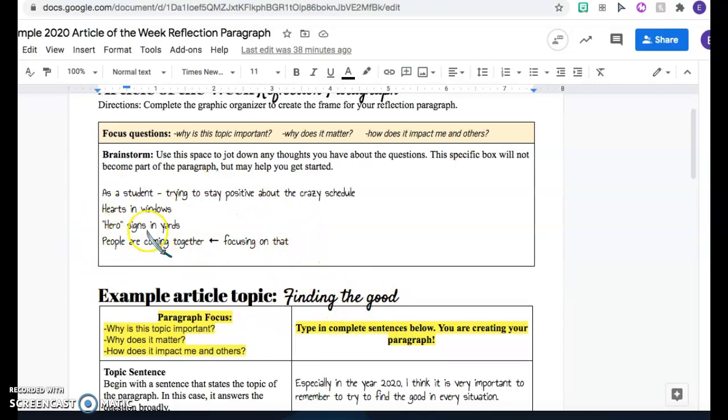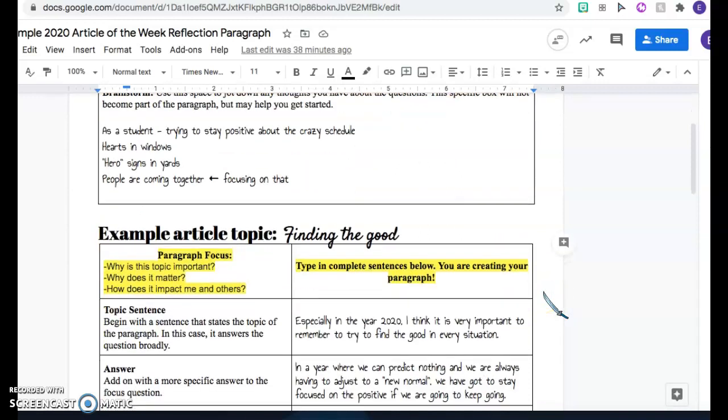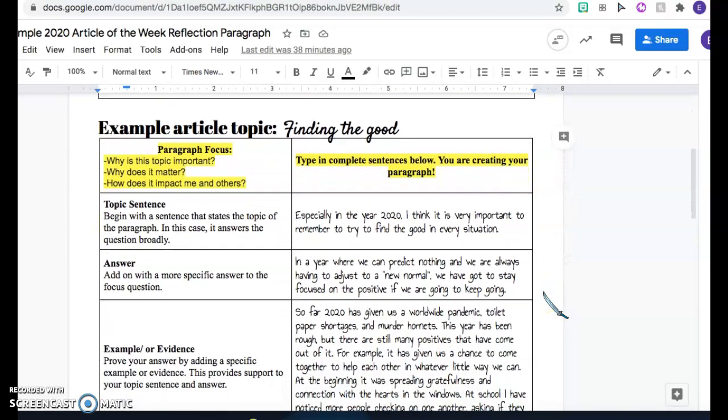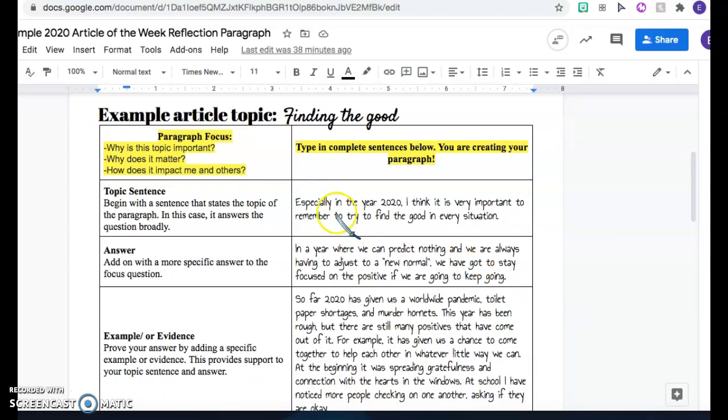Notice that there are not complete sentences in here. There's not necessarily a lot of organization. This part truly functions as a brainstorm, and whatever you need to put in there in order to help you answer the question, that is yours to use as you would like. When you start answering the question and filling out the graphic organizer, I want you to constantly refer back to those three big questions. You may choose only one to focus on, and that might be a good place to start.